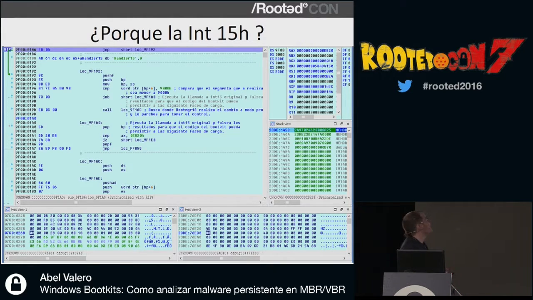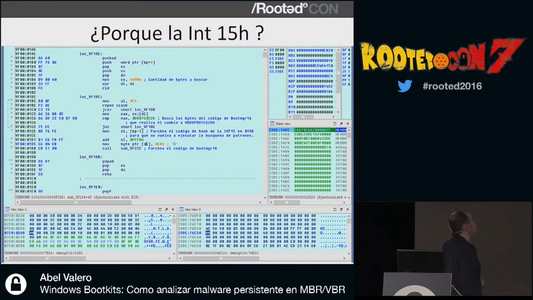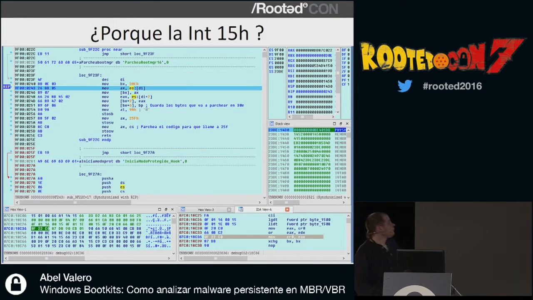On the other hand, the first time a call is made to interrupt 15, this function is invoked. This function is called finding bytes inside boot manager. This is what that function does. It will look inside boot manager for a sequence of bytes that will have the system in protected mode.